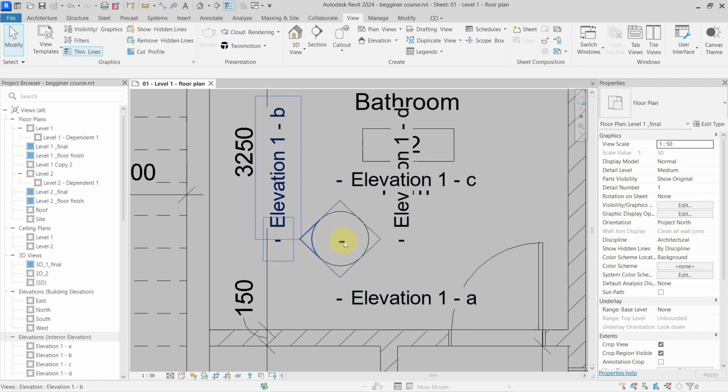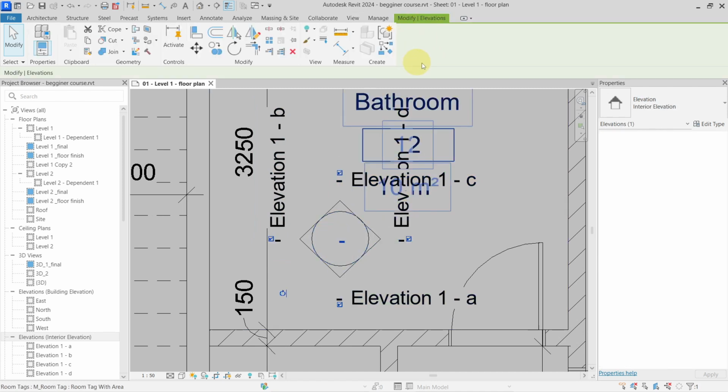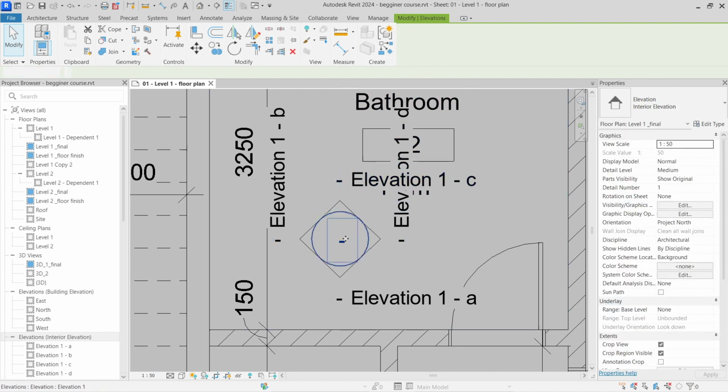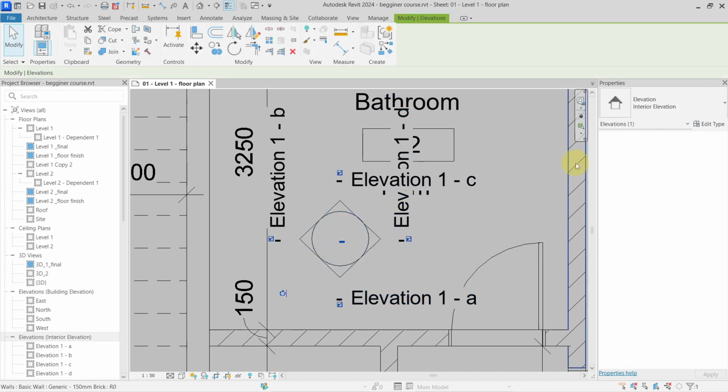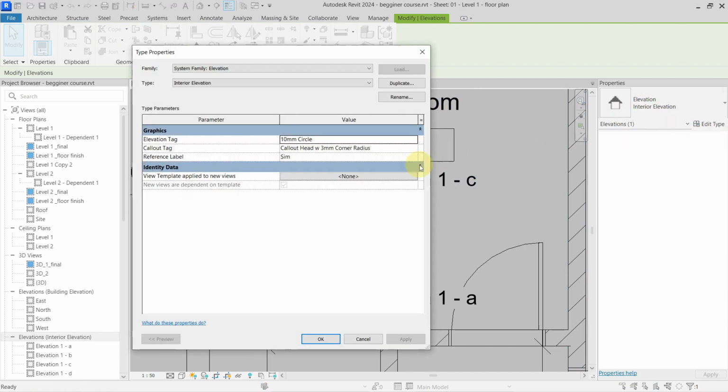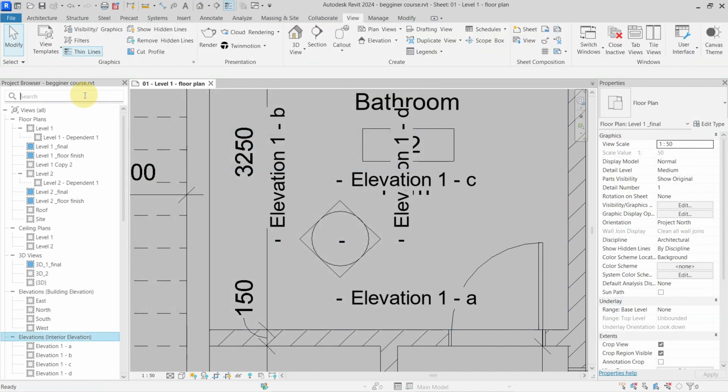So the way to do this is to change the family of this elevation tag. If I select the elevation tag itself, you can see I cannot actually go inside of the family to modify it. So I need to find it first in my project browser, and the easiest way to do this is to select the elevation itself, not just this pointer, go to edit type and find the elevation tag name. So this is 10mm circle. So we'll just find the